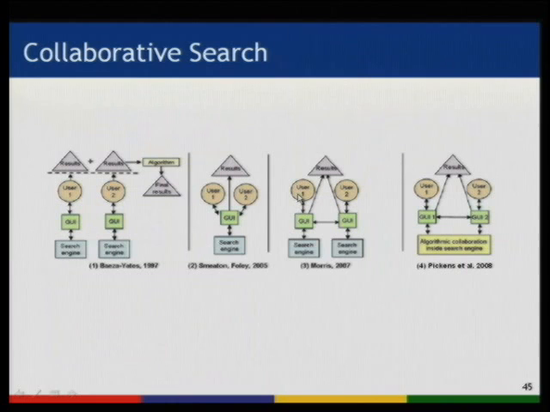In another case, this is Morris, more recently, who's been looking at shared collaboration and search. There are two users, each using a GUI, talking to each other, and they can sort of see what each other's doing, but they get pooled results. The results aren't affected by what each other does, it just pools the results, but they are aware of what the other person is doing. And then there's work by Pickens et al., which I think is really interesting, where there are two users using two different types of interfaces, and what one user does affects the results shown in the other user's view, and the algorithm actually, in a very sophisticated way, adjusts what it's showing.